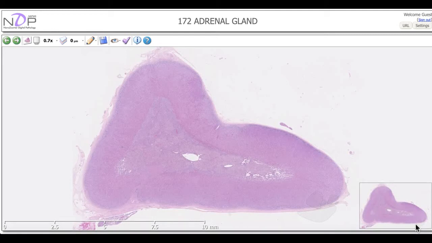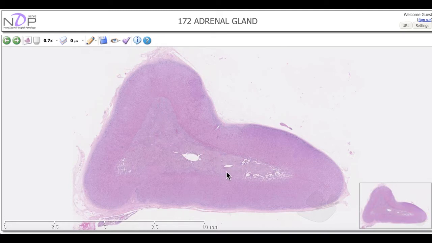This slide shows the adrenal gland. From outside we have the capsule. Inside, in a cross section, we have the area of the cortex, and inside here we have the area of the medulla. The area of the cortex is derived from the mesoderm, whereas the area